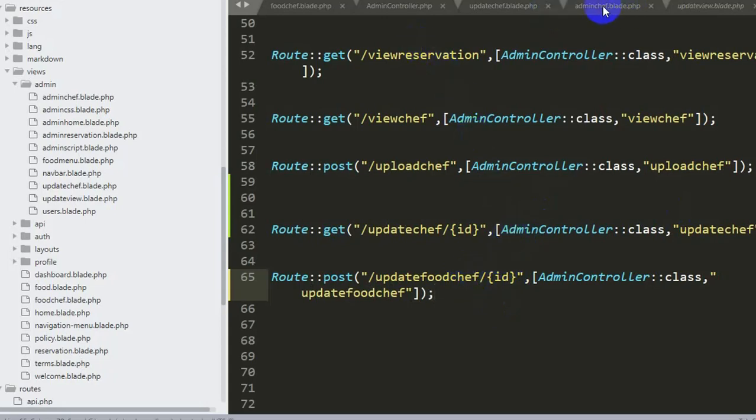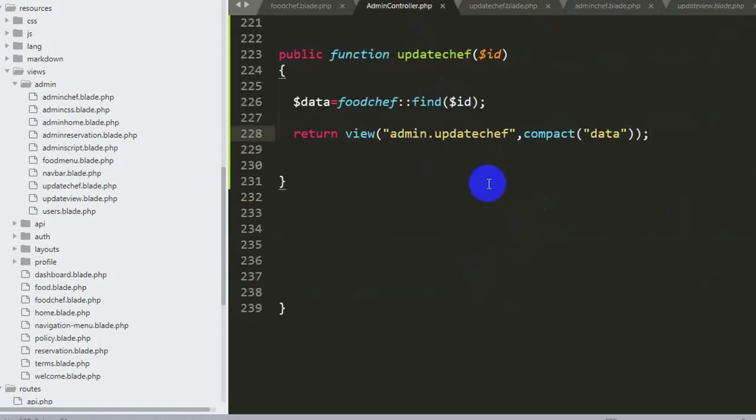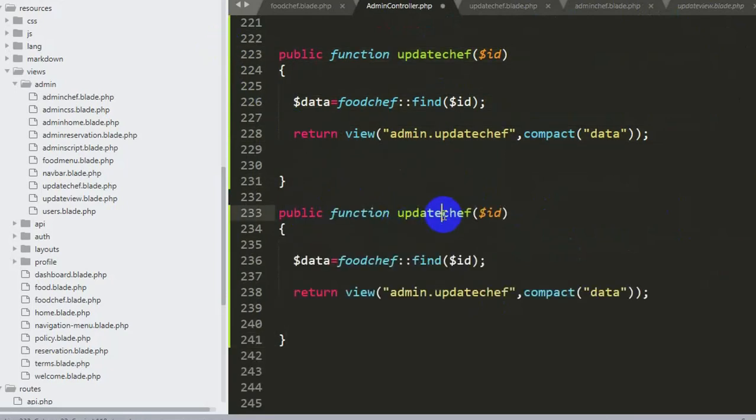Now we will go to the admin controller. Let me copy this one, Ctrl C and Ctrl V. We will say over here update food chef. So obviously we are going to first find the data, and then we are going to copy some code.